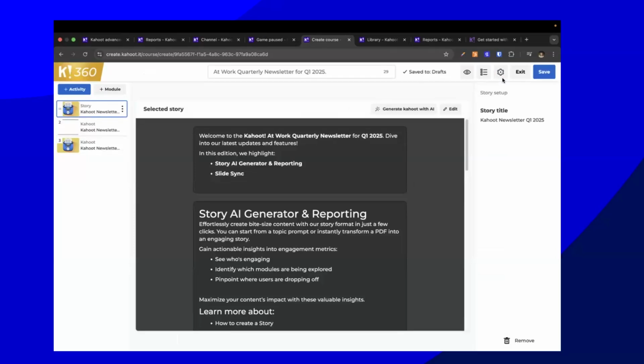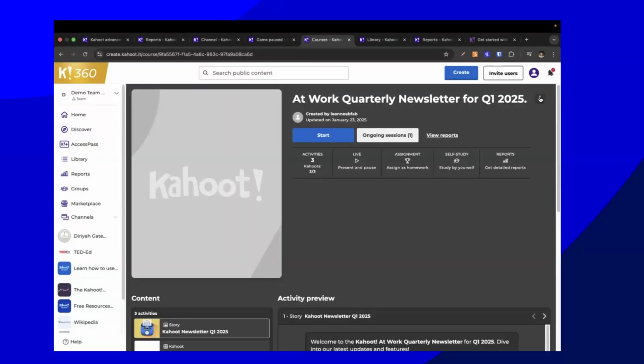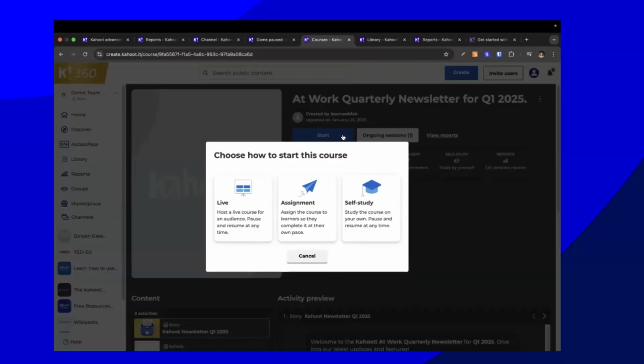And once that's done, of course, we can save our story. And how do we get that out to people? Yes, you can use it in a live setting. We actually have some customers that do use it in a live setting, for example, I believe in the hospitality industry, where you might have a series of presenters having Kahoots in the same session, but it's a very long session with a large audience, and you want to keep the scores of everybody in one place.